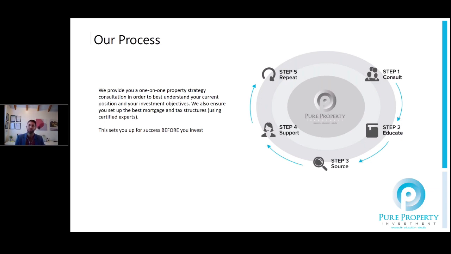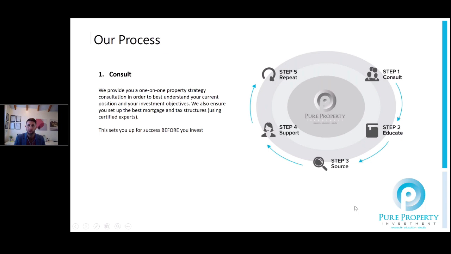So I also promised you that I'd go through what we do as far as our process is concerned. So I'll walk through that quickly because this is quite important. Even if you essentially want to take this information and run and do it yourself, which is great, I think really understanding what we do and how you can apply that to yourself, you might want to do it and also just assess your own position using this process itself.